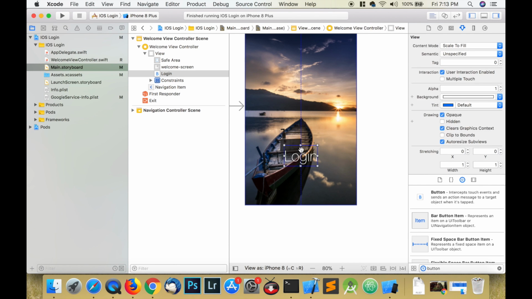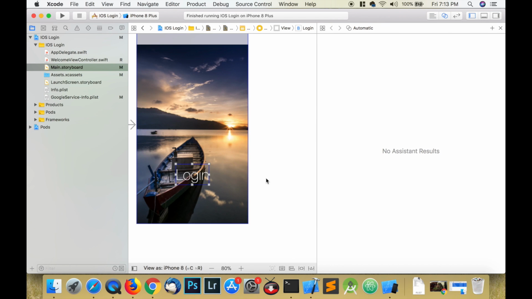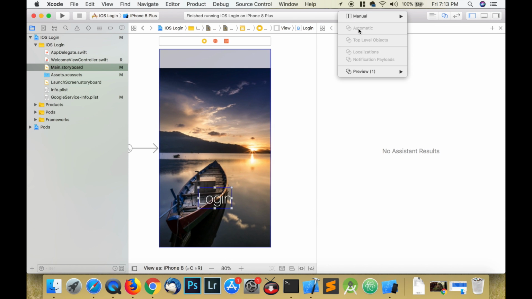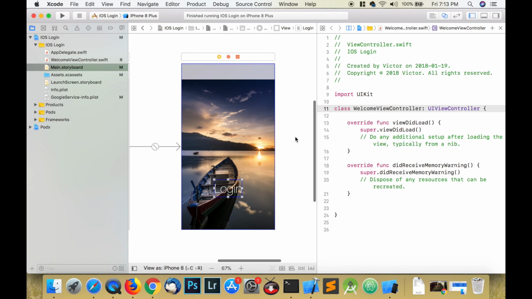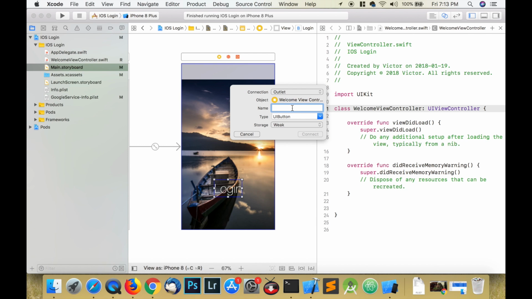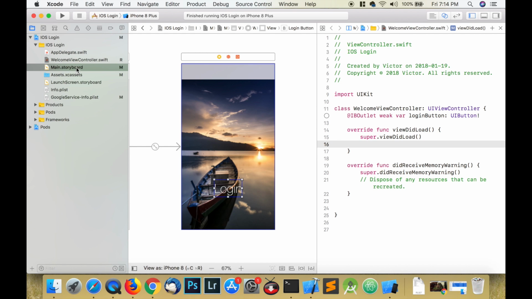Okay, and I'm just going to drag the button view up, and I'm going to open the assistant editor. Now you notice that it's not coming up, so sometimes you have to select it. And the reason why I'm doing this is because I want my buttons to be rounded and I want them to have a border. So what I'm going to do is create an outlet,